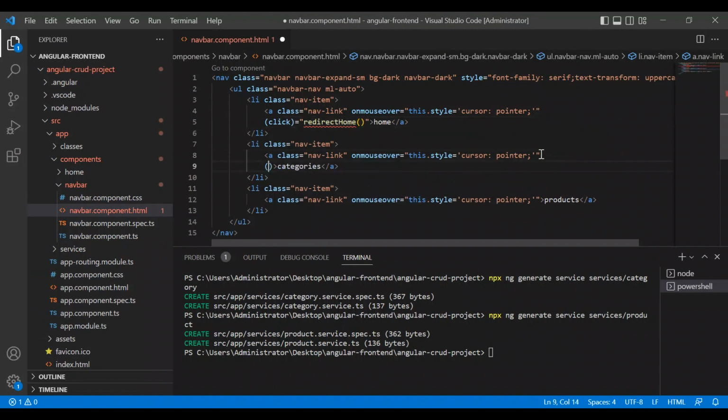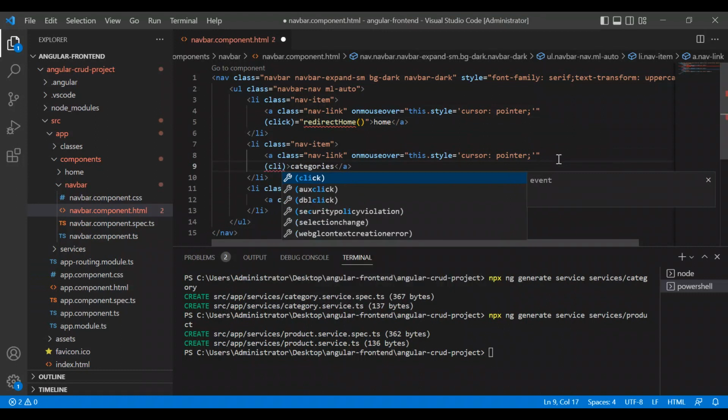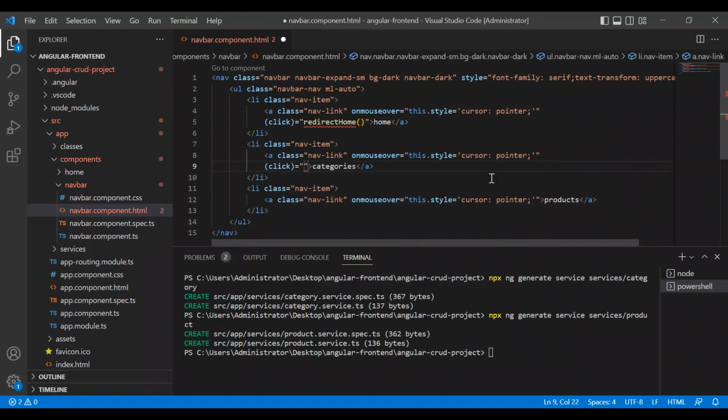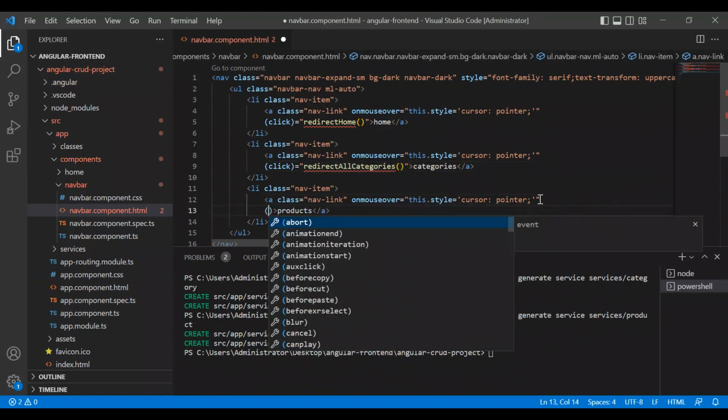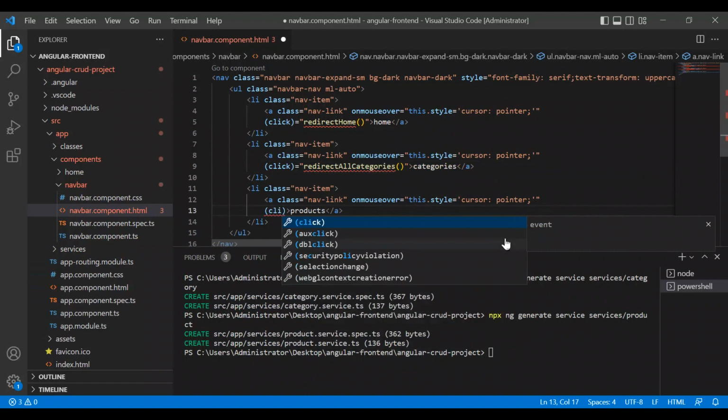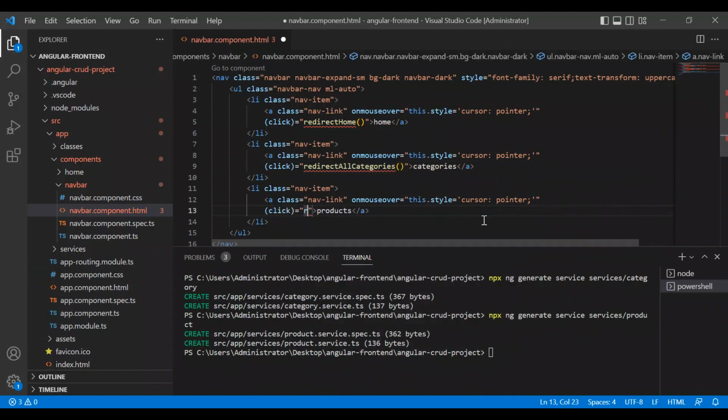And for categories, we will also create one event, redirect all categories. And for products, we will also create a click event, redirect all products. And if we save it,